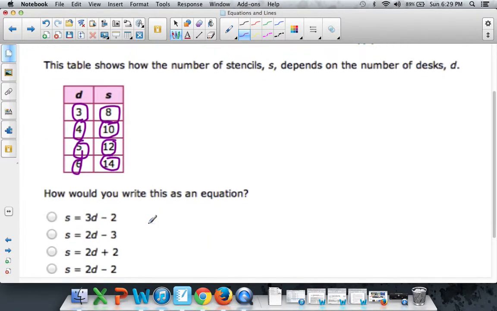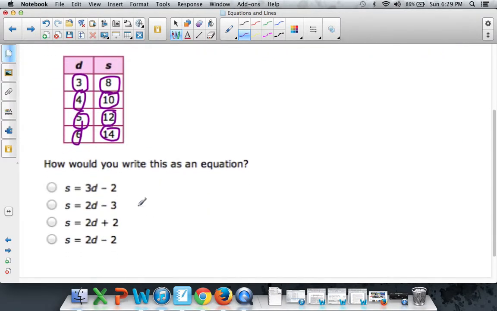Let's figure out an equation. S equals 3D minus 2, S equals 2D minus 3, S equals 2D plus 2, S equals 2D minus 2. Well, let's see here. I don't know about all this 3D, 2D, 2D, 2D stuff. Well, I do, but maybe I don't, like if I'm a kid, right? If I'm a 5th grader. But I do know